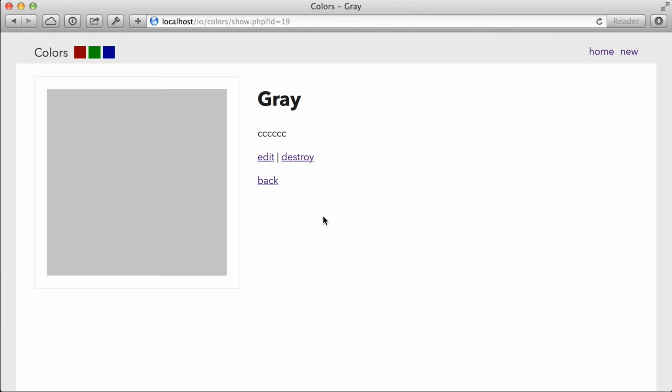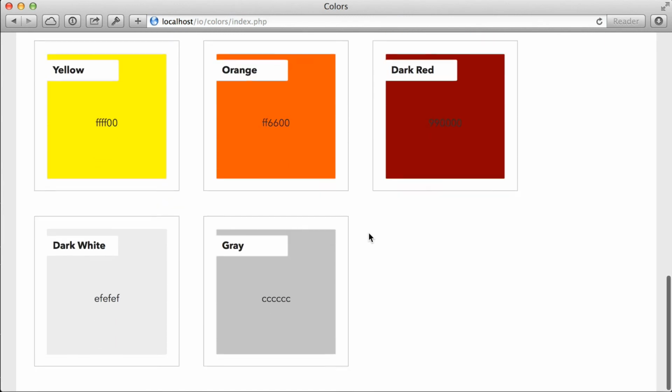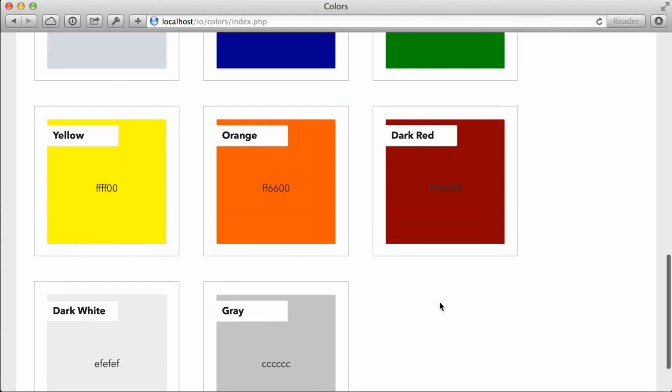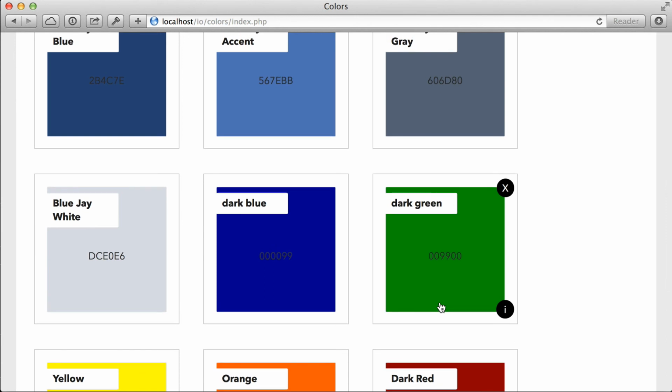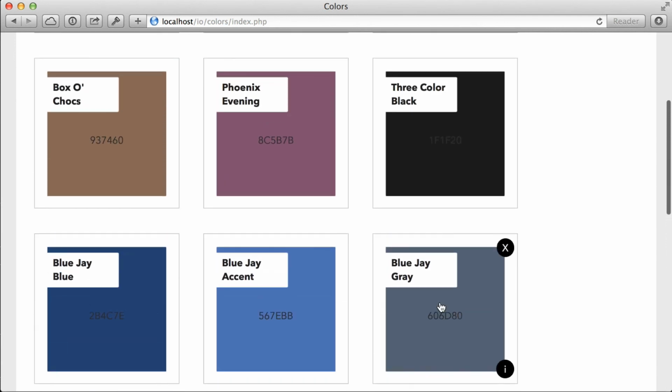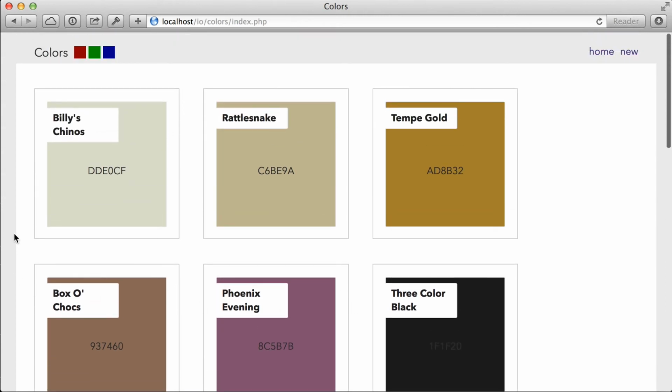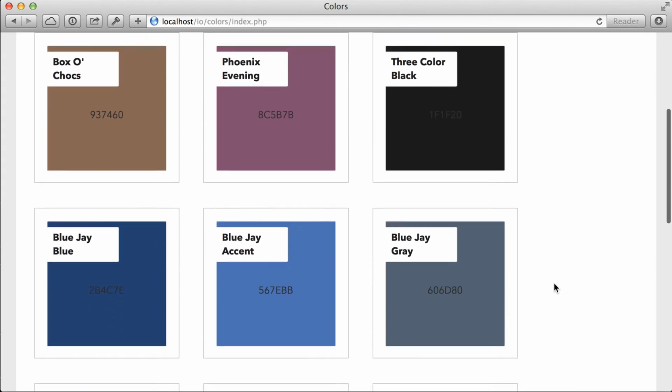And then when we got redirected over to the show page and the color was read back in, since the show page doesn't say anything about how to format them, it showed them in exactly the same format that they came from the file in, lowercase. If I go back over to my index page and take a look, they're all lowercase there. Even though I entered all those letters as uppercase, they got converted to lowercase whenever I saved them. I could make essentially the same change over on my update page as well, and one of the interesting things about that is since the update page rewrites my entire file, that would actually go back and convert all these other colors that already have uppercase letters in them to lowercase as well.